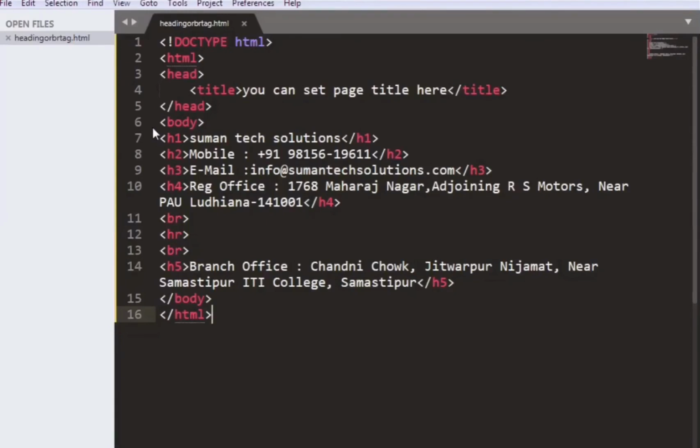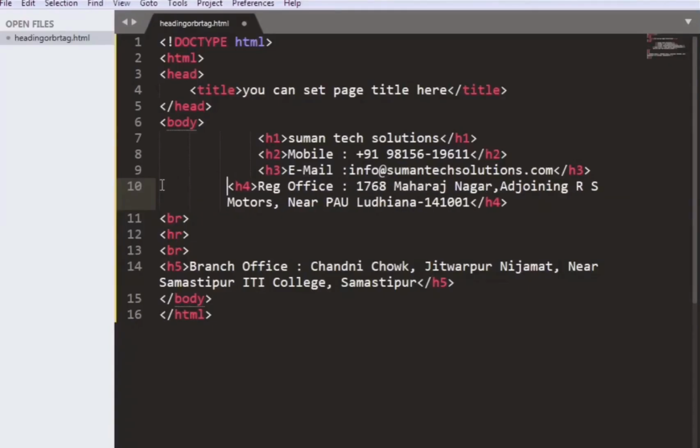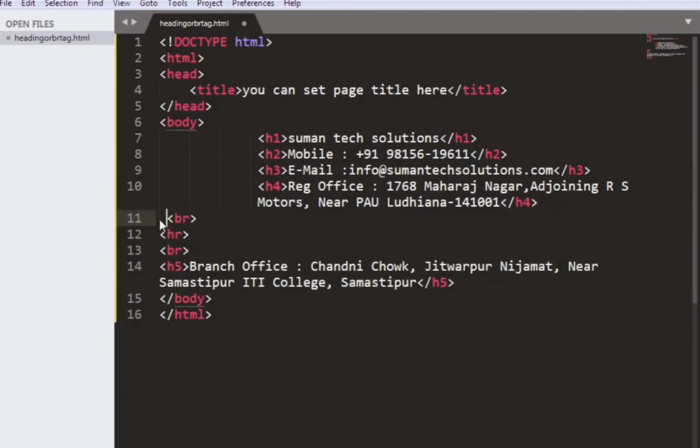And next we will try to make our tags in an accurate format so it can be easy to understand what we are writing.